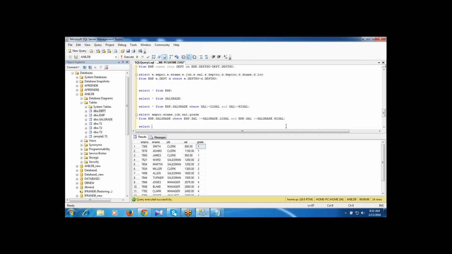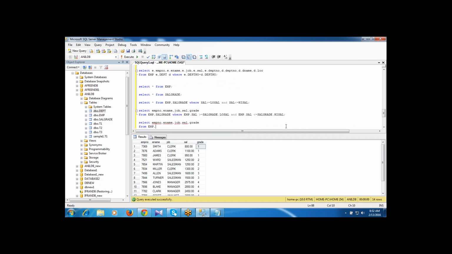Instead of writing greater than or equal to and less than or equal to, we can write the between and operator. So grade from the EMP comma sal grade, where EMP dot salary is between sal grade dot low sal and sal grade dot high sal.